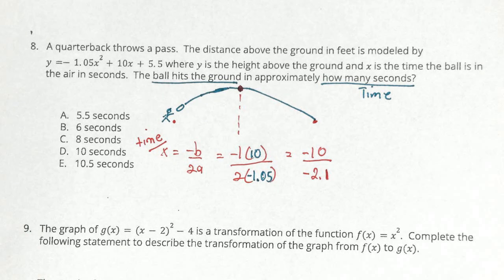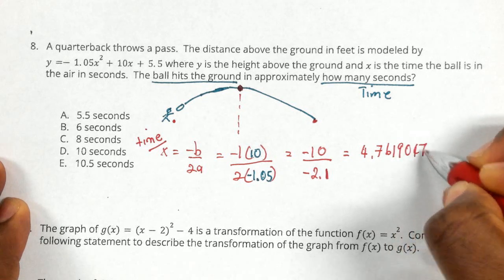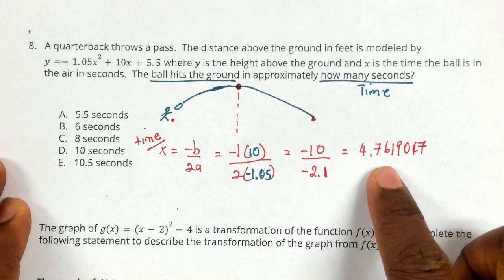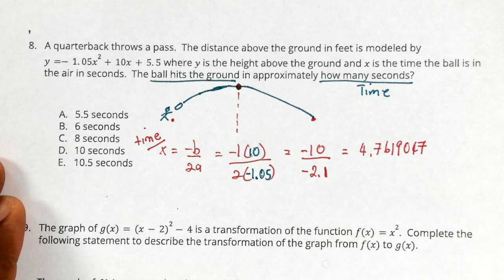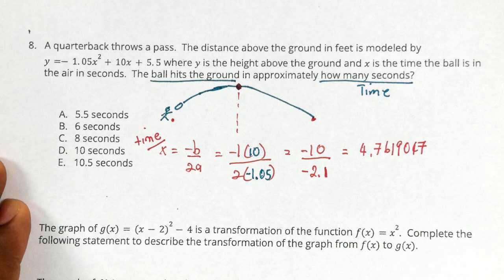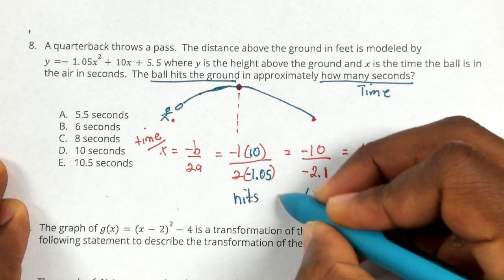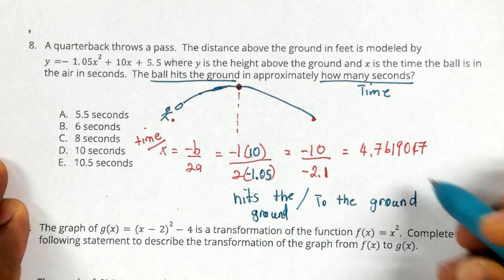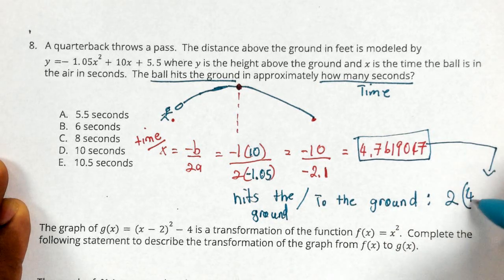If you did negative 10 divided by 2.1, you get a very long decimal, so positive 4.7619047. However, that is the time that it takes to get halfway there. To get to the ground, I need to either add this number to itself or multiply it by 2. So to figure out when it hits the ground, I need to multiply this answer by 2. When I multiply this by 2, I would get